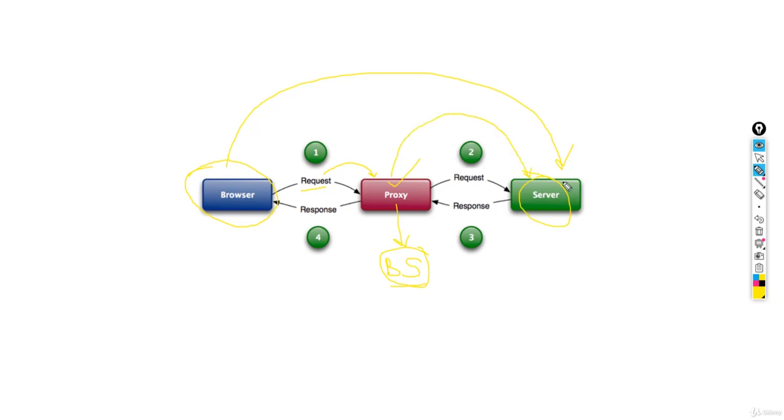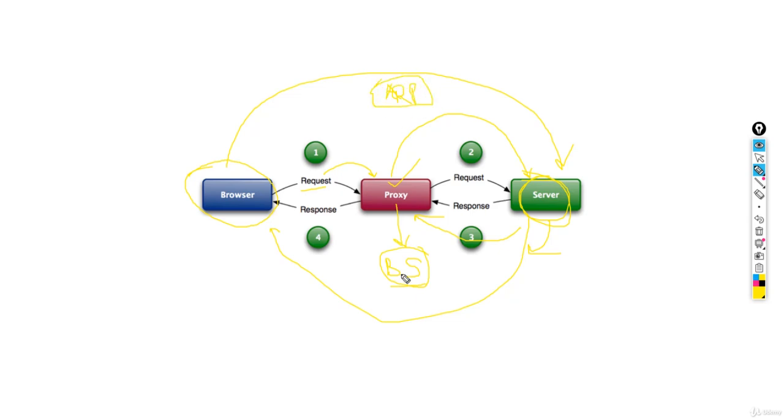After that, the server sees that request, fetches the content, and gives the response again to the Burp Suite, not directly to the browser. This is how the ARP protocol works, because in the ARP protocol everything is trusted.